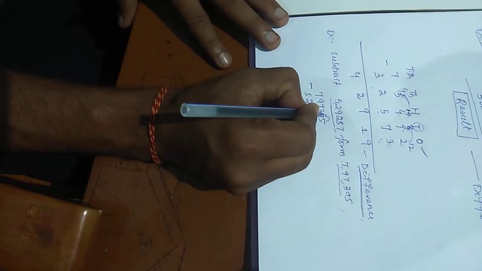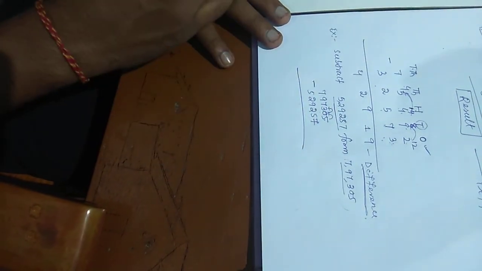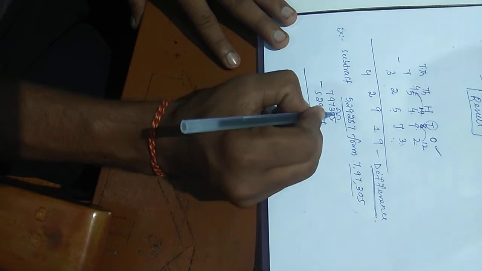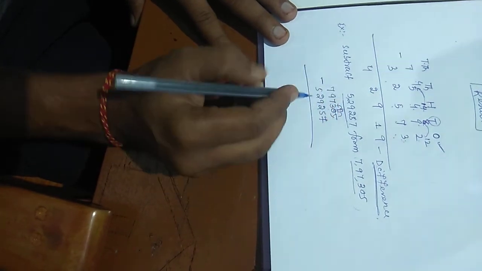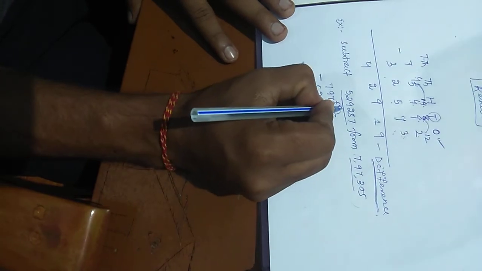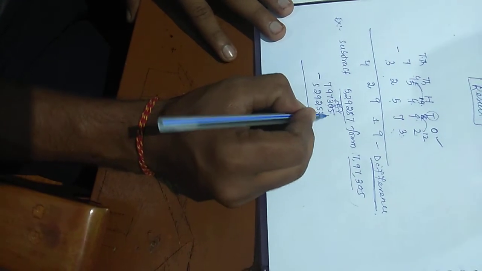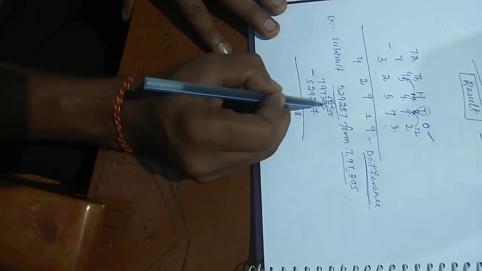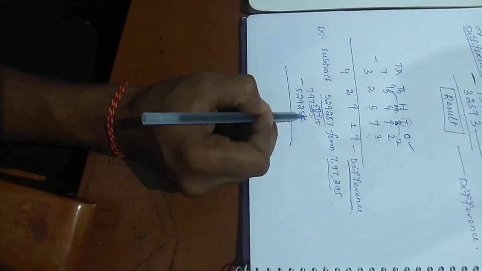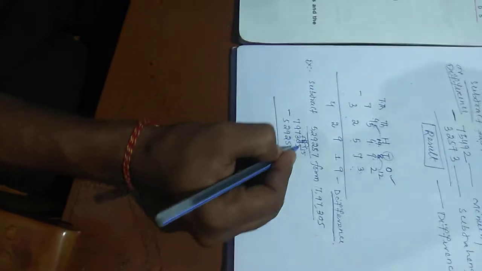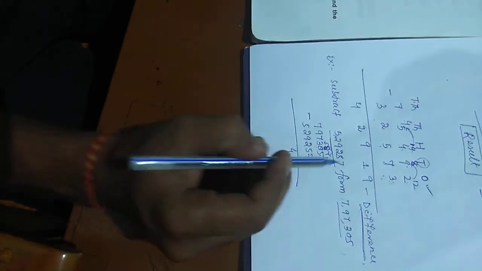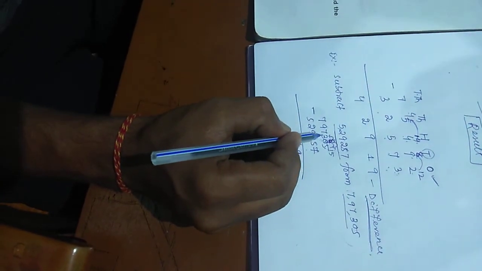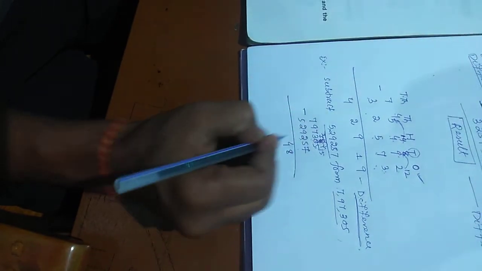So again it will ask the hundreds place. Okay. Then the hundreds place gives 1 to the tens place, and it will become 10. And after having 10, again it will give to the ones place. So it will become 15. Then 15 minus 7 became 8. After giving 1 from the tens place, it will remain 9. So 9 minus 5 became 4. And as we have already discussed, the hundreds place has also given 1, so the 3 will become 2. So 2 minus 2 became 0.